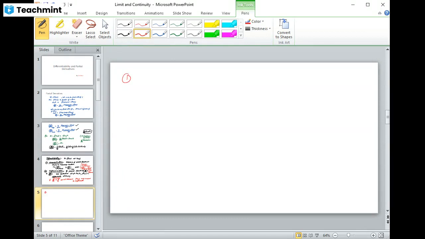The condition for differentiability is: limit as delta rho tends to 0 of (delta z minus dz) upon delta rho equals 0, where